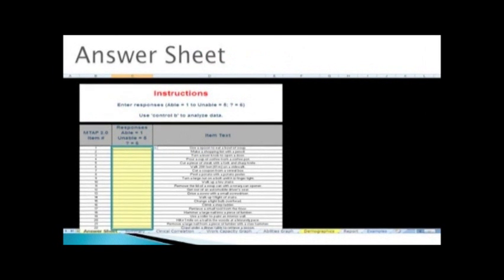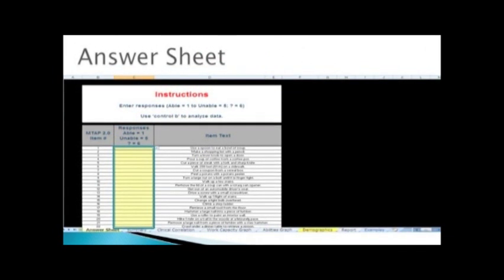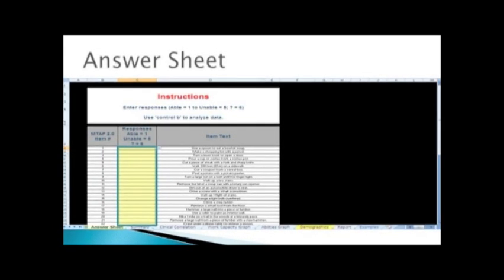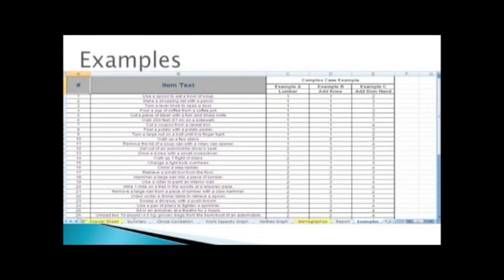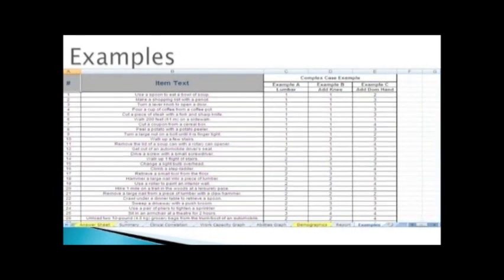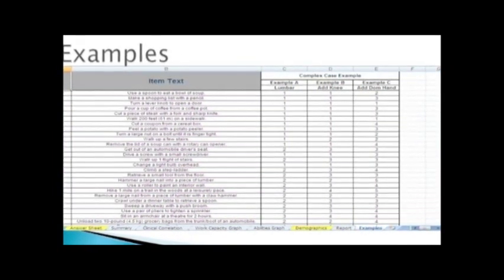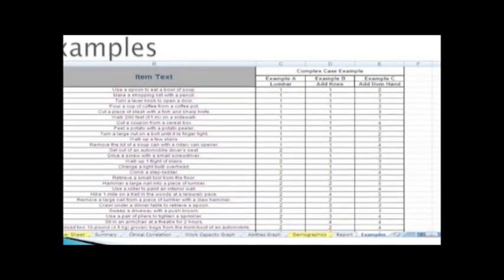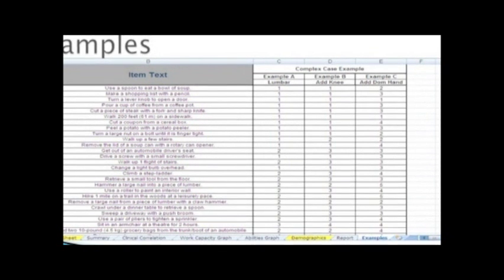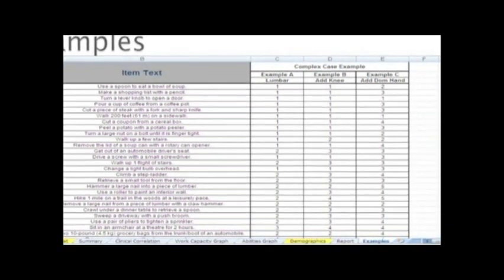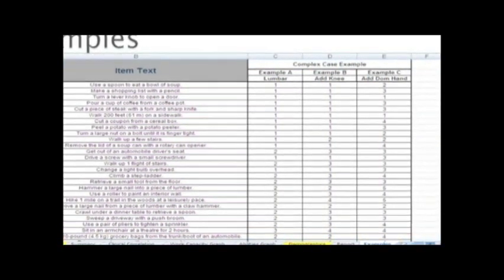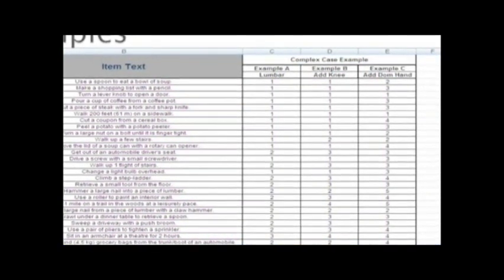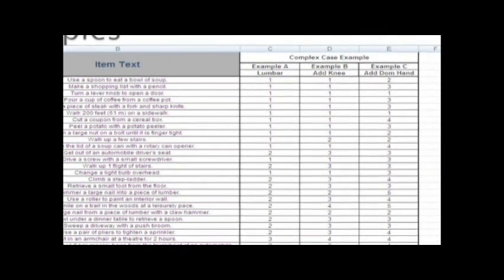Rather than enter the data one by one, we're going to use data from the Examples tab for the rest of this lesson. Go to the Examples tab now. For training purposes, this is a 34-year-old female with a lumbar injury, knee injury, and dominant hand injury. Although most clients will not be this complex, we want to use this as an example to demonstrate the power of MTAP. Our example today is just going to take a look at the effects of her lumbar injury on